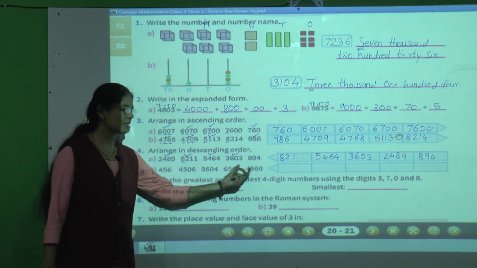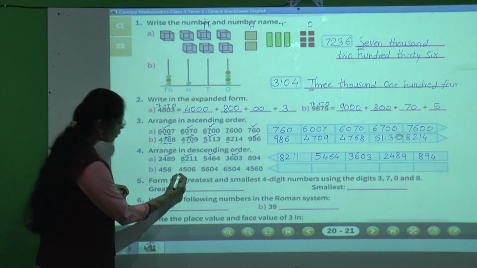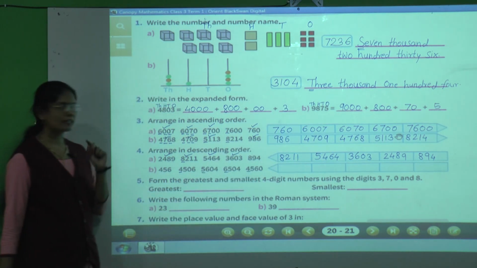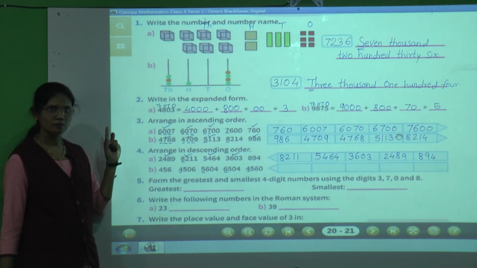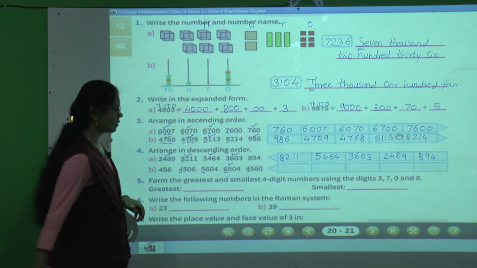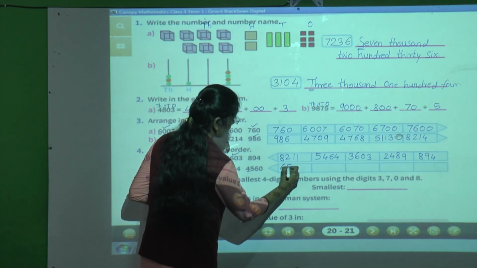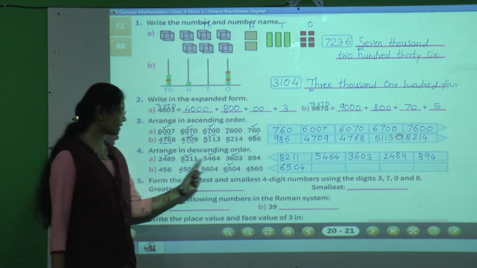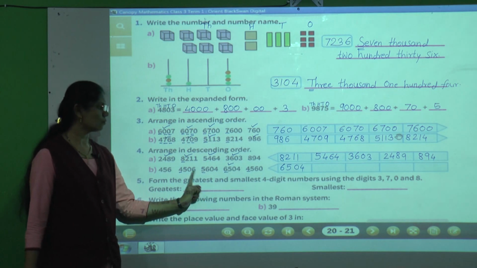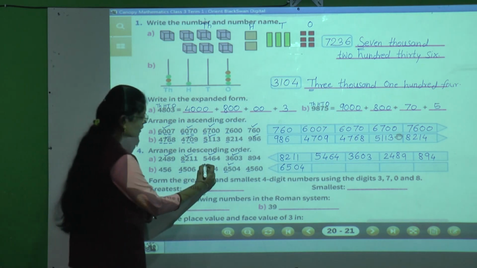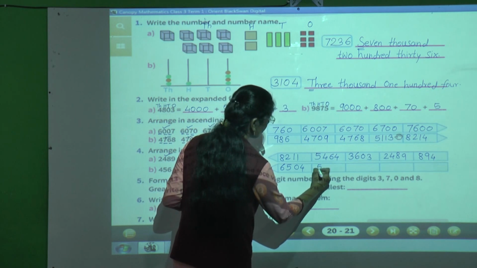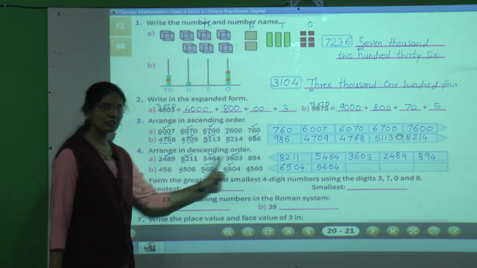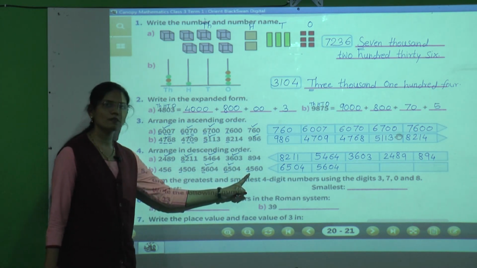So first we will take the biggest number. Now at thousands place 4, here 5, here 6 and here 4. Now you tell me which one we should take first. Yes, this number will come first, 6504. Then after 6, here 4, 5, 4. Then 4 is smaller than 5, so we will take this 5604, which is greater.